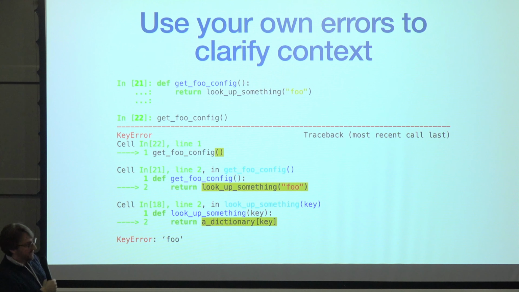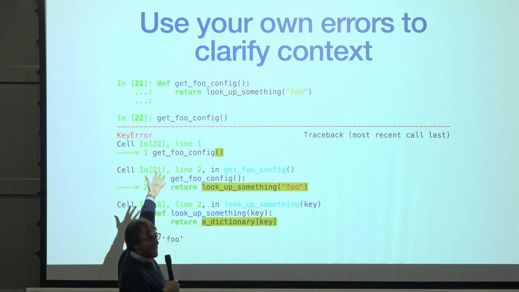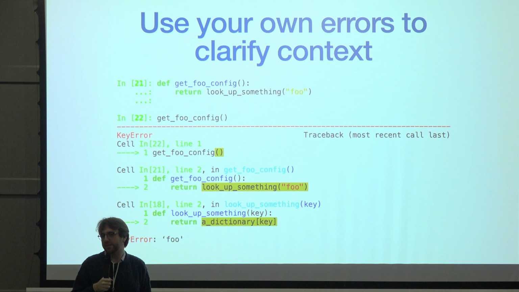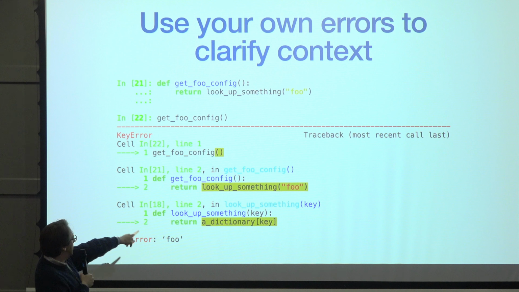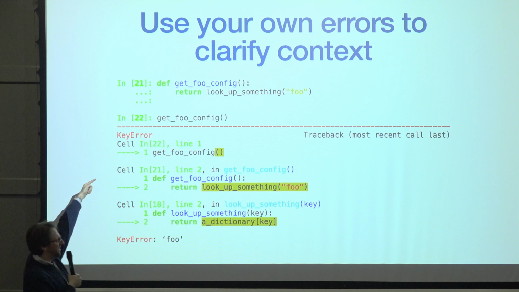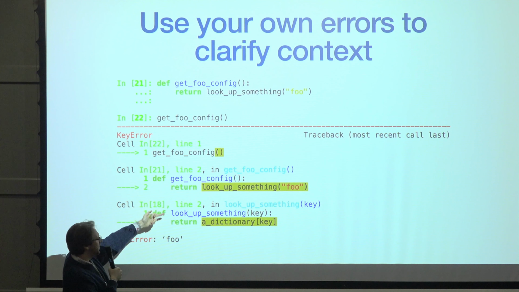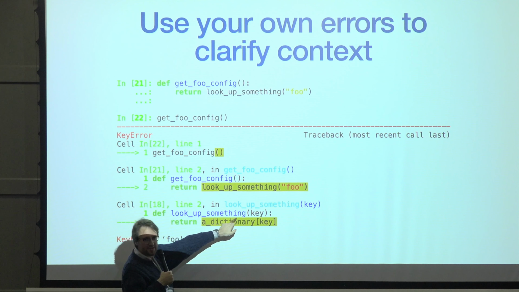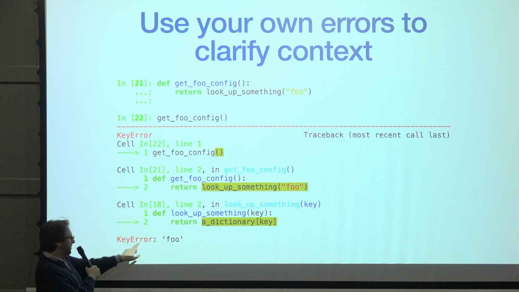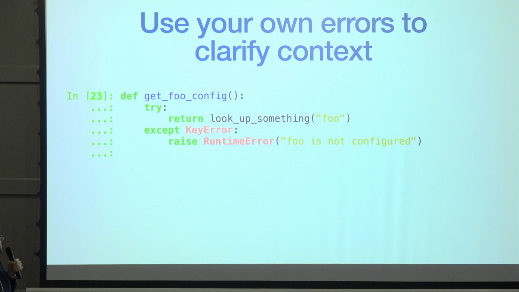Use your own errors to clarify context. So in this slightly contrived example, I've got a function called getFooConfig. Get the config for foo, it's part of my API. The way it actually works internally is it looks something up, but that really doesn't matter to somebody using this thing, right? But if it's misconfigured, they'll get some traceback, which has some levels of things. The actual problem is the foo isn't configured here. So there's a key missing from a dictionary. But we're then calling into something else. This is an implementation detail that somebody doesn't care about. We're just telling them a key error. This isn't useful, it's not actionable, it doesn't tell them where the problem occurred. If the problem is the foo isn't configured, tell them so, right?